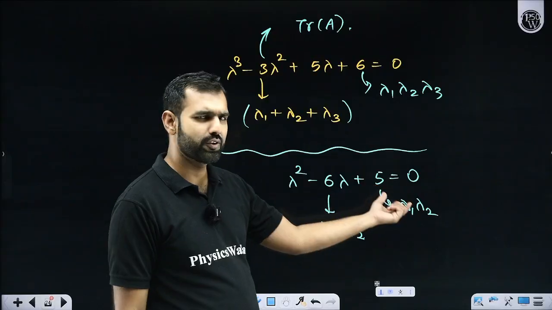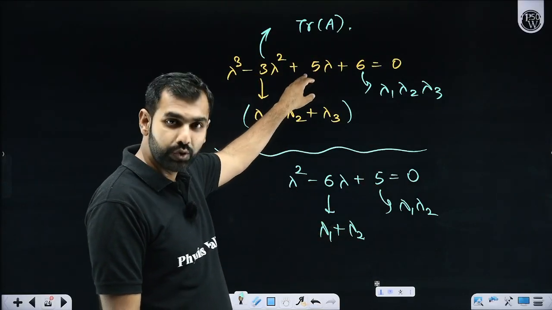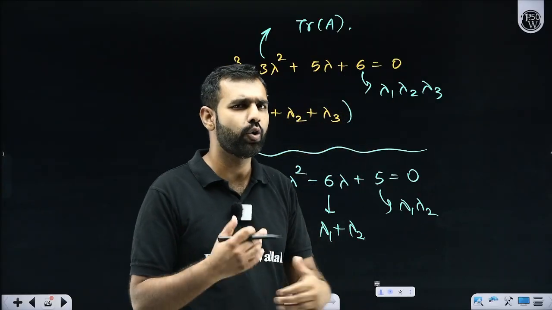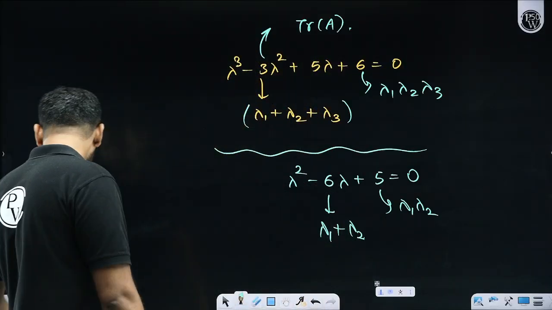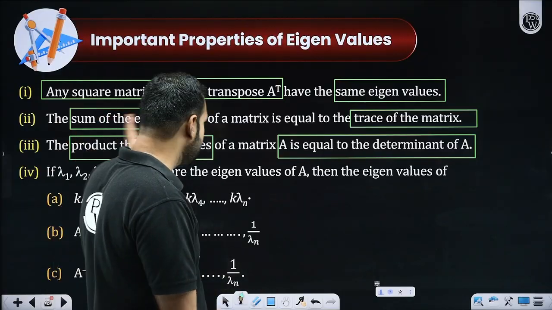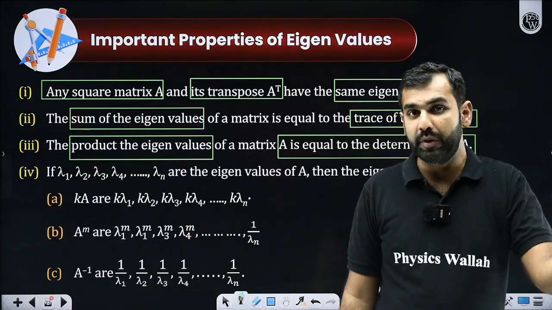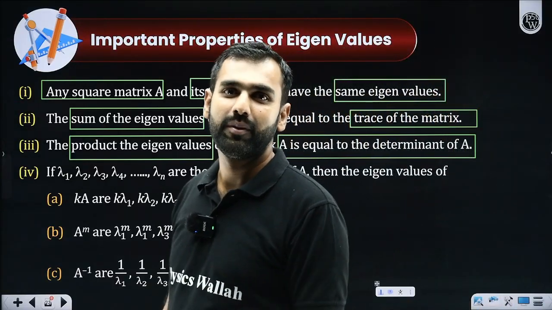Sum of the roots, product of the roots. I hope you know that. Sum of the roots taken 1 at a time, sum of the roots taken 2 at a time, sum of the roots taken 3 at a time. I hope you know that basic funda, yes or no. I hope that logic is giving you a sufficient reason to believe that yes, it will be true that the sum of the eigenvalues will be the trace and the product of the eigenvalues will be the determinant.